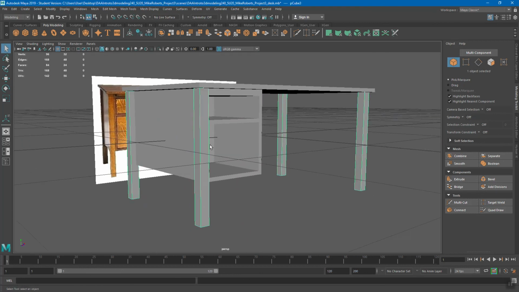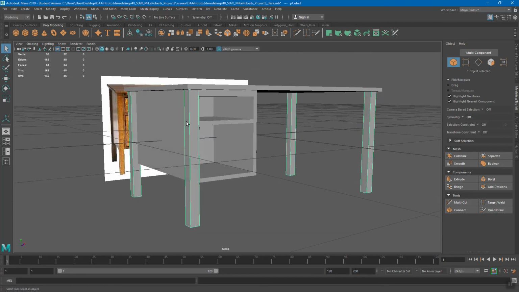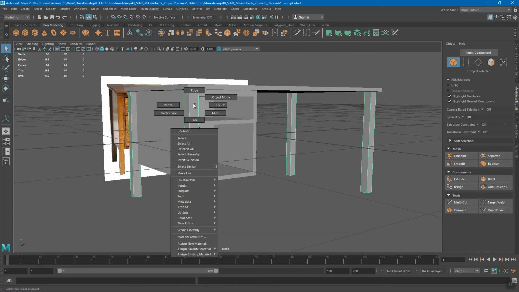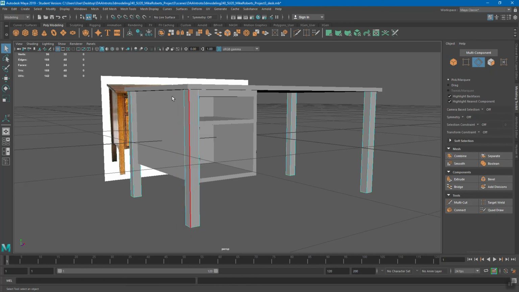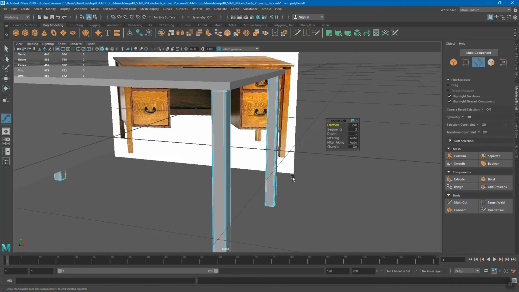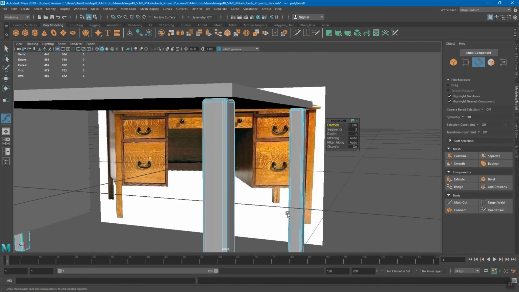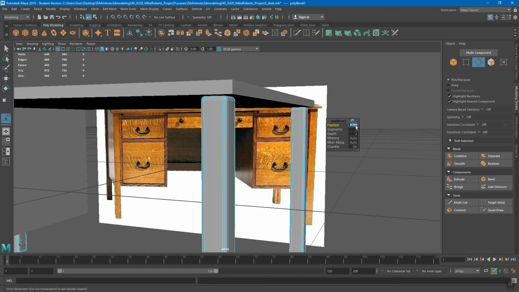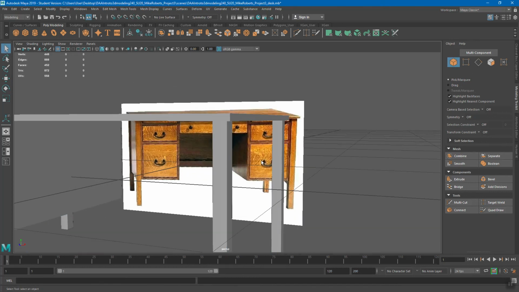In this case, I'm going to do a quick bevel on the legs because the legs are pretty much done. So I'm going to hold down right mouse button over the leg, edge, or you can left click drag, right? And we'll just do a quick bevel. And in this case, remember, you can turn that size down, right? Remember, fraction is the size of your bevel. In this case, I'm thinking maybe 0.1, because that's a pretty small bevel. There we go. And segments 3 will work pretty well. And then we can get out of that, go to object mode. And there you've got that nice little